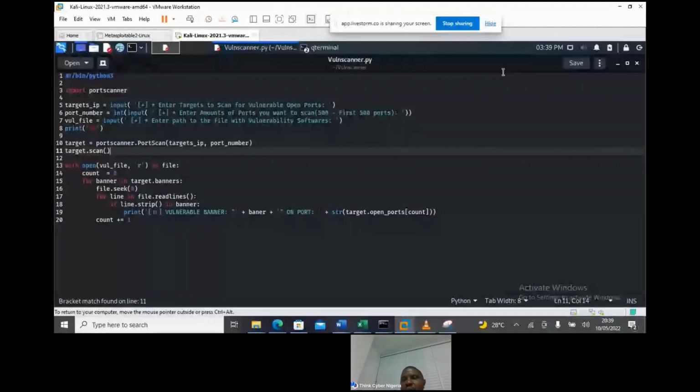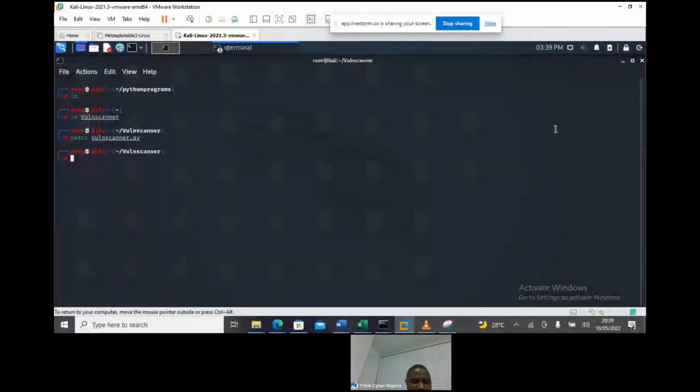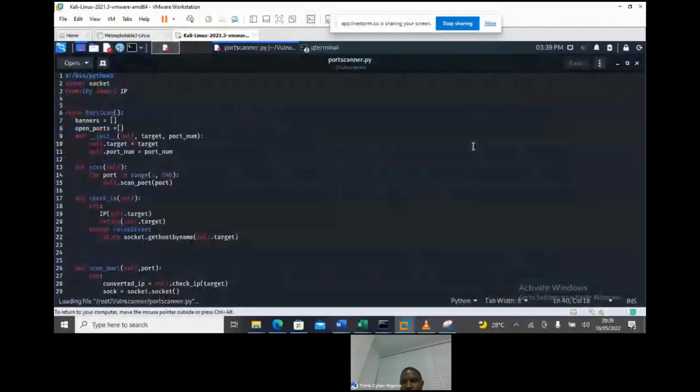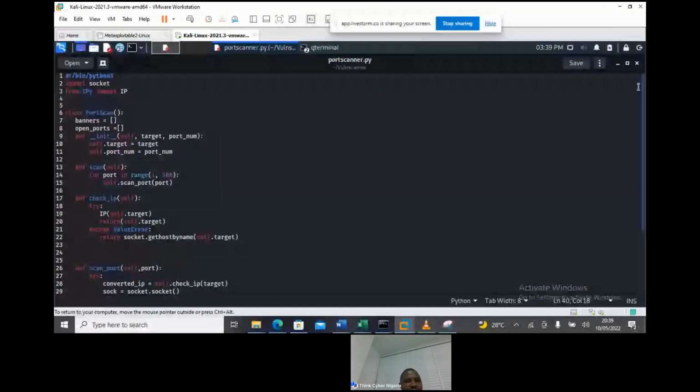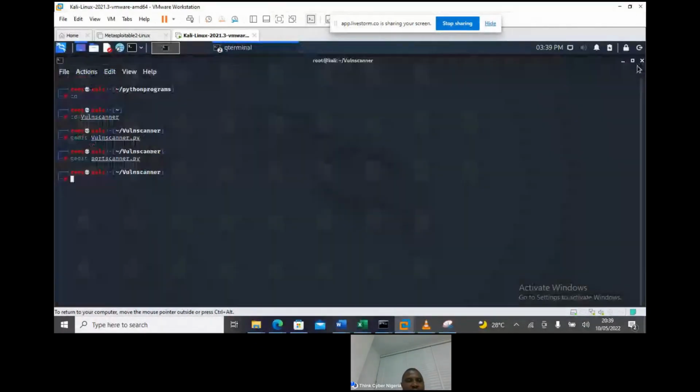So if you can remember, if you come back to gedit, now we defined a class here. What? Port scan, class port scan. So that is what you actually define when you're actually calling the target.